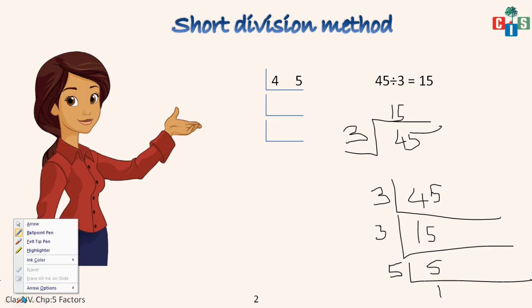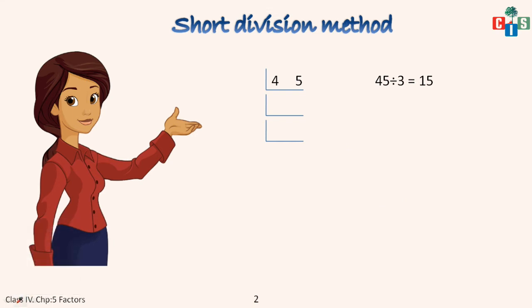Fine. So let's solve it on the slide. I will write 3 and 15, which are important: 3 outside and 15 inside. Now again I will divide 15 by 3, the smallest prime number which divides 15. So I will get the answer 5. I will write 3 outside and 5 inside.